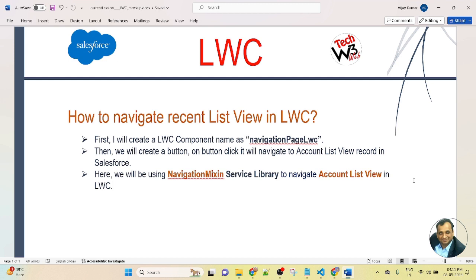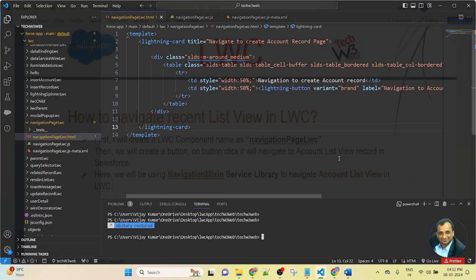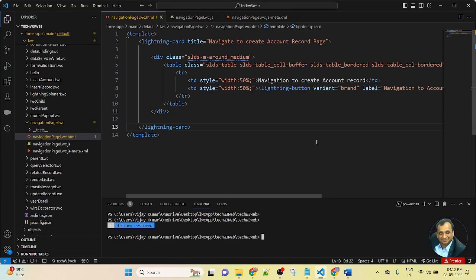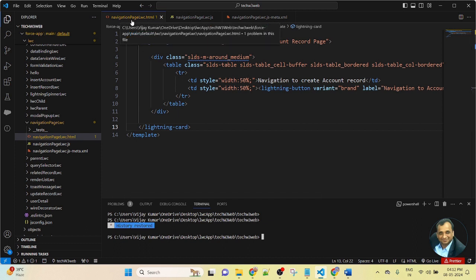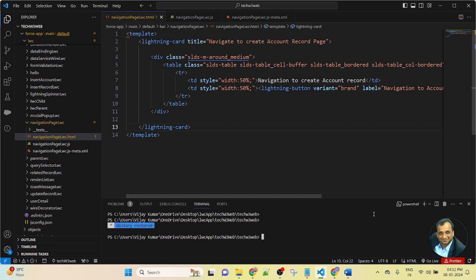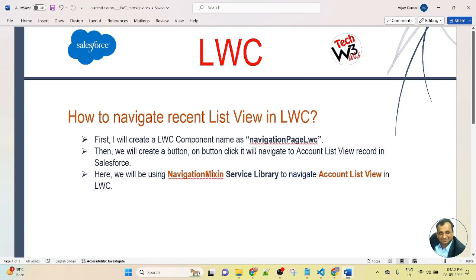So now I am opening my VS Code. In VS Code, I will show step by step how to navigate to the account list view on button click in an LWC component. So now let's get started. Friends, this is my VS Code. In the previous lesson, I created the navigationPageLWC component, so in this lesson we will use the same component.